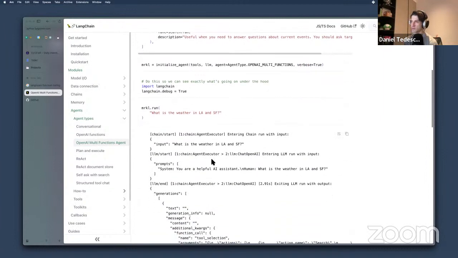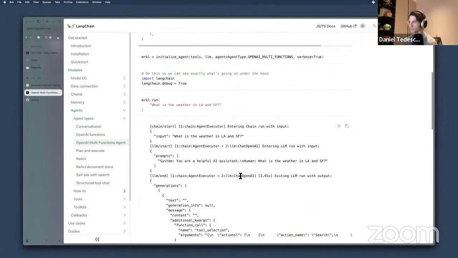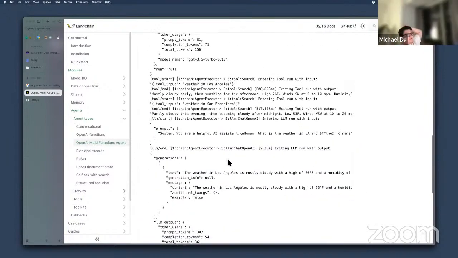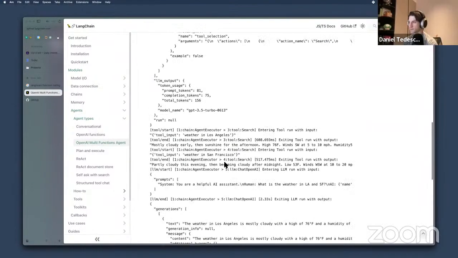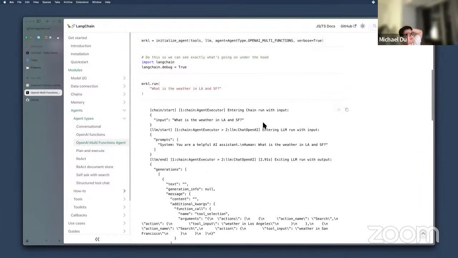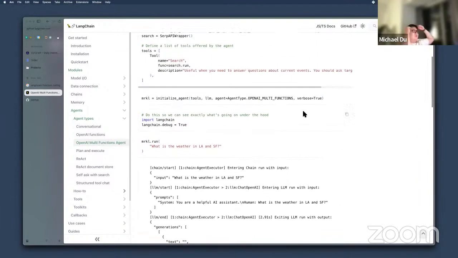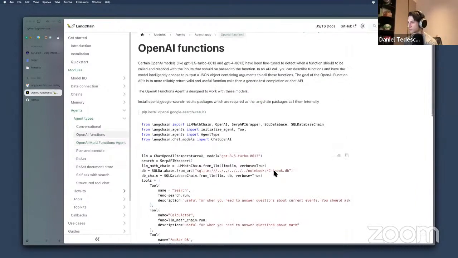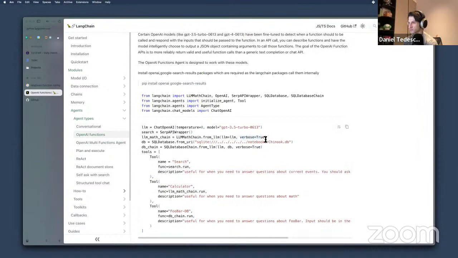Maybe this is why it'll give us some more information. Oh, that's helpful. So I think it's all here. Let's walk through this. That's a good tip: always use verbose true. I'm going to use it too.